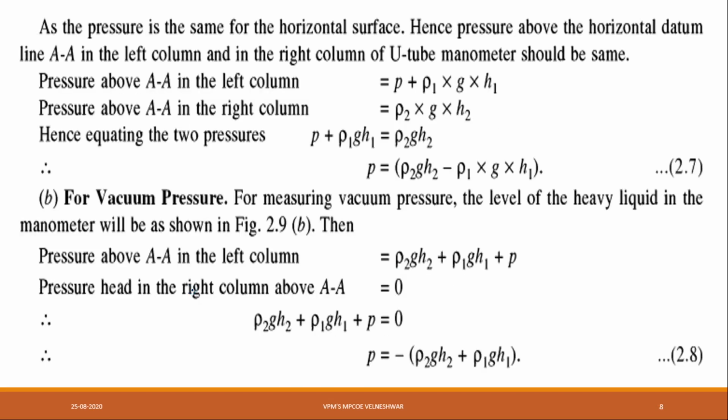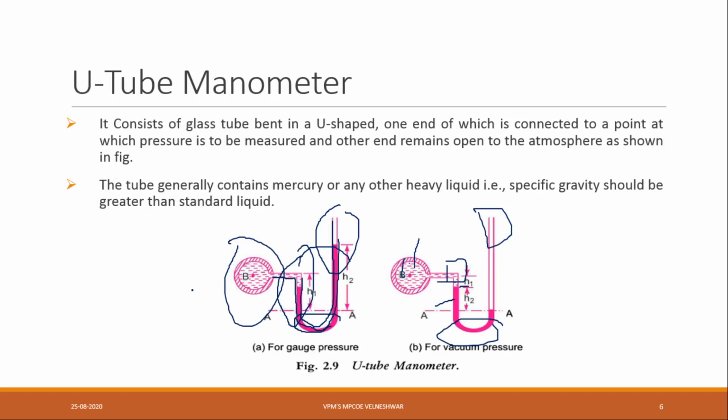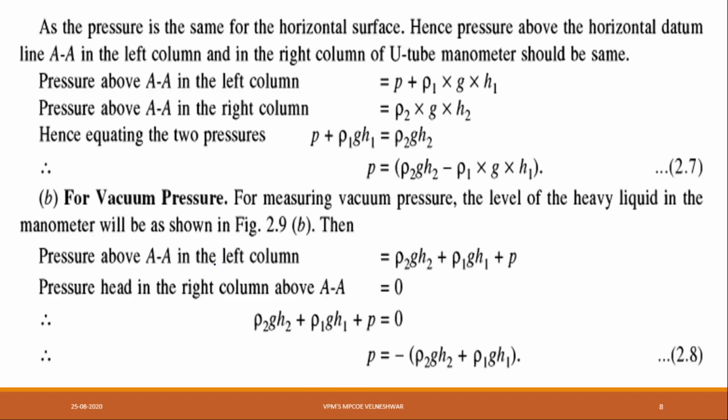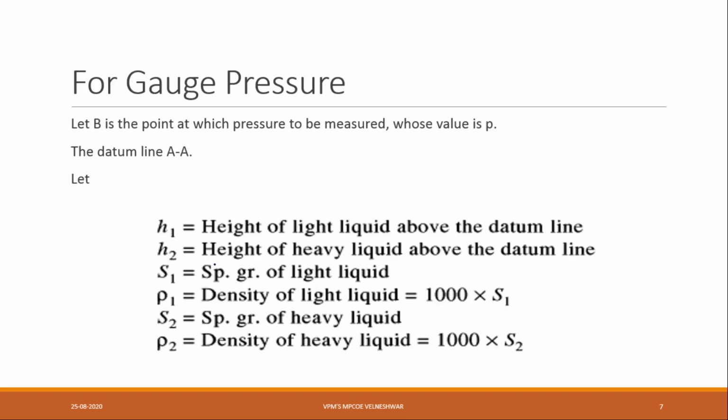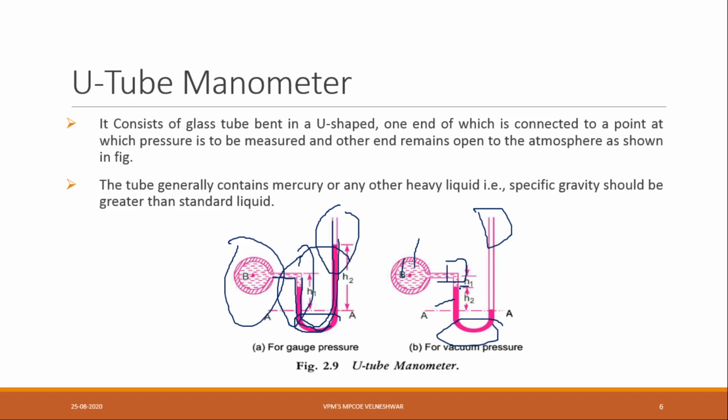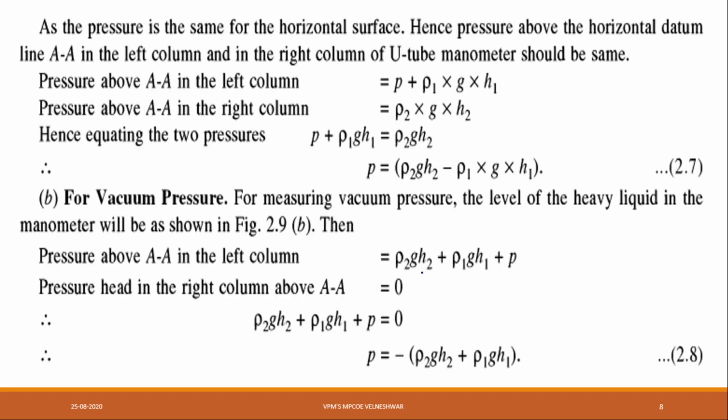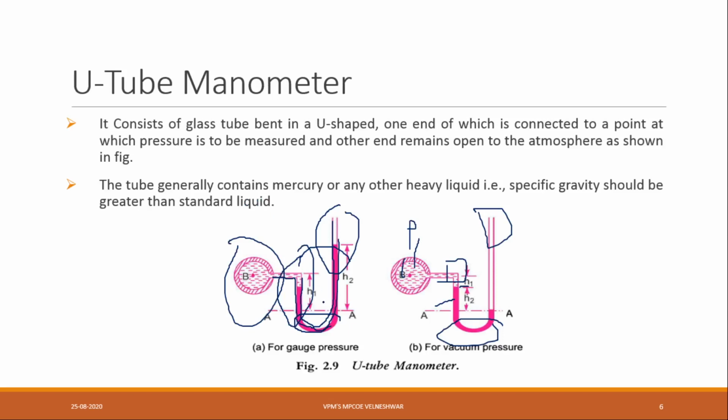Now the pressure above AA in the left column, okay, above the AA. Suppose there is a small circle and point here, then there is some pressure, that is P plus ρ1 into g into H1. See this image, above the liquid, this value is P, PB you can take, P plus ρ1 g H1, where rho is the density of liquid, g is the acceleration due to gravity, and H is H1, okay. Now the pressure above AA in the right column, again the same.